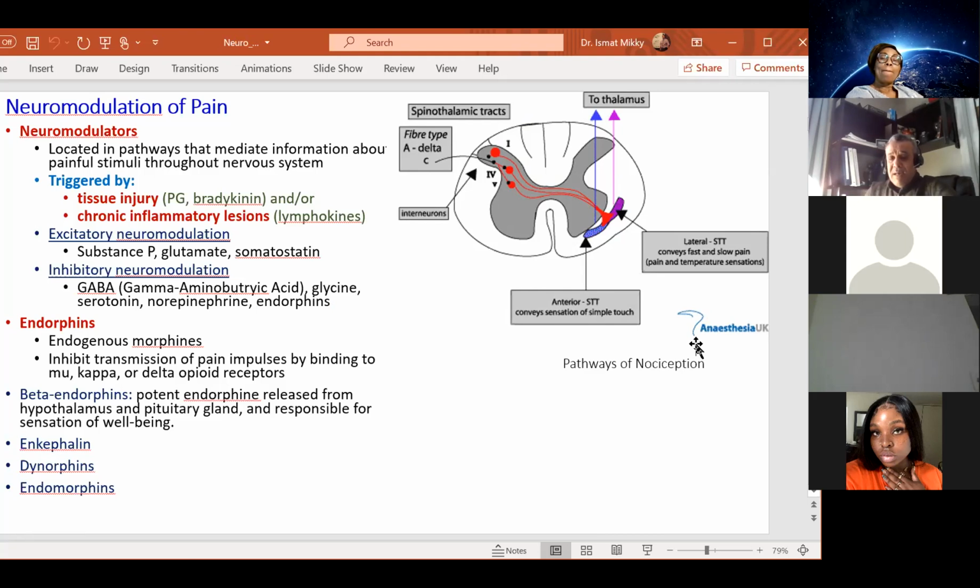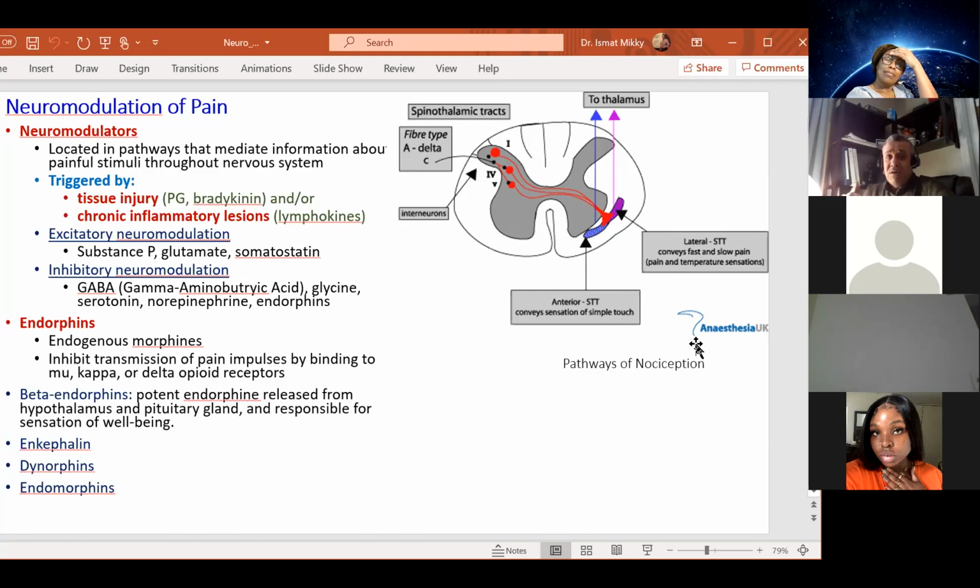Another explanation or mechanism is that all endorphins attach to opiate receptors. So we have opiate receptors. Either your body produces the endorphins naturally, which is a very small, tiny amount. It's not going to be enough to resolve the pain experience, and that's why we have to receive pain medication. But all endorphins that are naturally produced by our body attach to the opiate receptors on the plasma membrane of the afferent neuron, and the combination inhibits the release of the